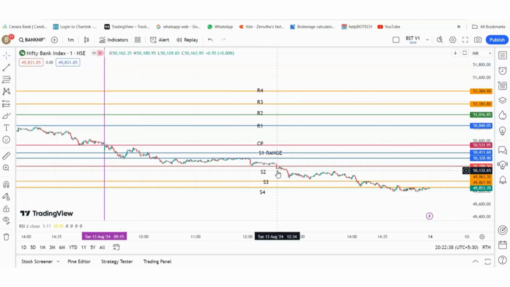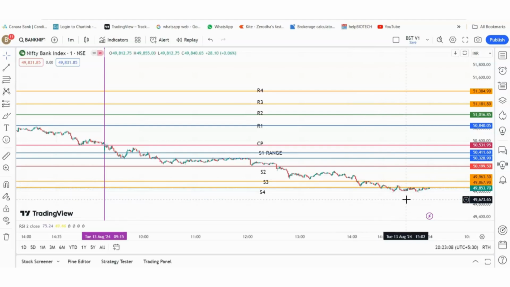Support 2, this is the breakout point. Actually, this support 2 is the breakout point, so it has a lower breakout, and from that breakout point it reached the S3. That is our first main target. Actually, it is not the first target, other intermediate targets are there, but the first main target is your S3, and it managed to reach over S3, and finally it managed to reach even S4, and it went even beyond